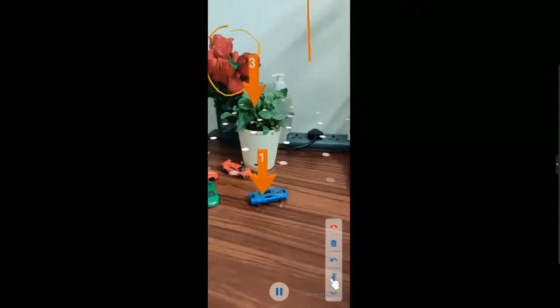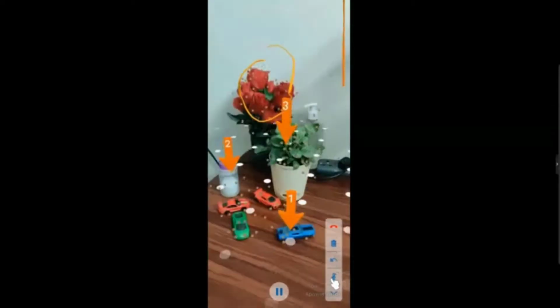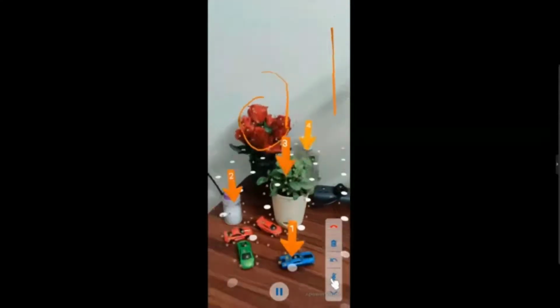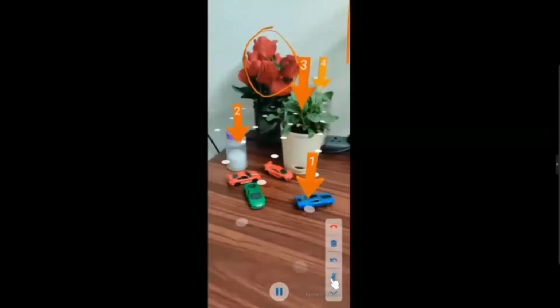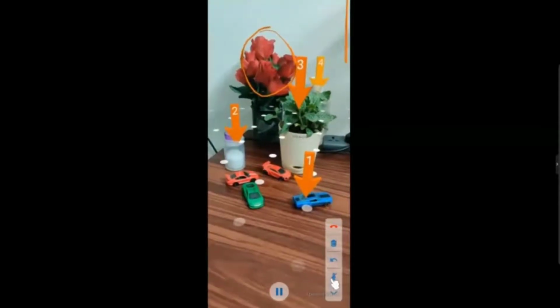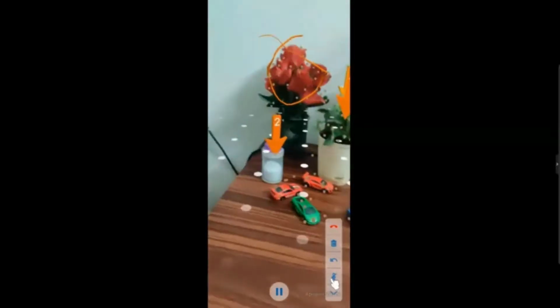Right now we are communicating over Meet, but we could have done this over this call also. Can you point to the hand sanitizer? So this tool basically allows a remote user to add markers in the form of arrows and annotations on the screen.